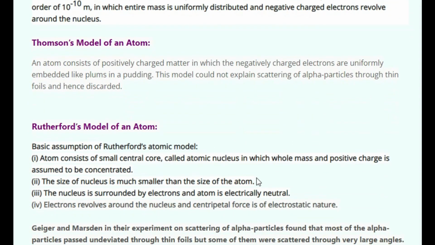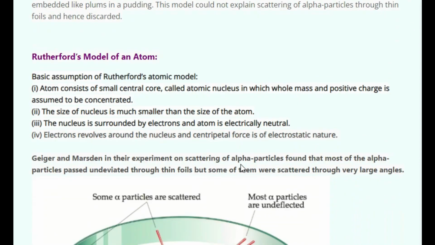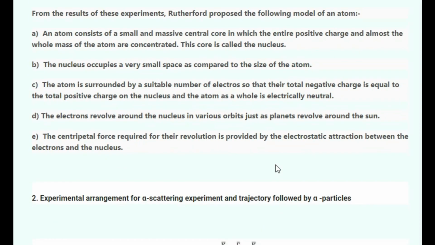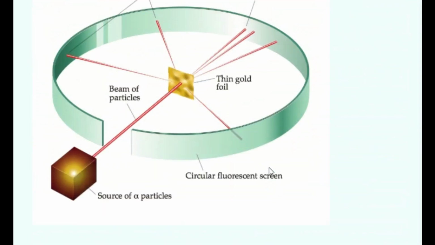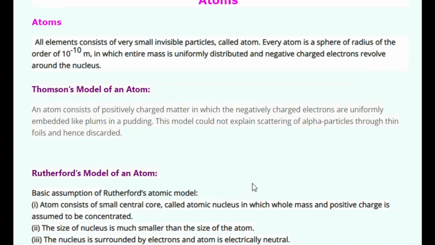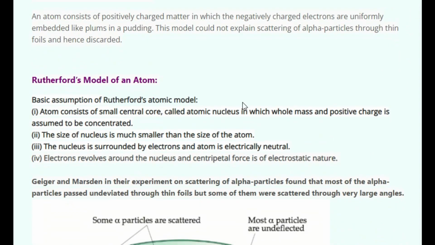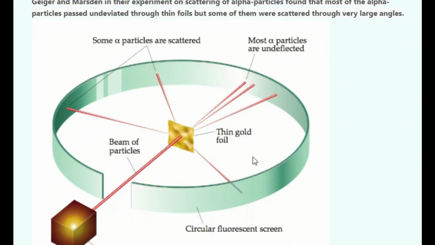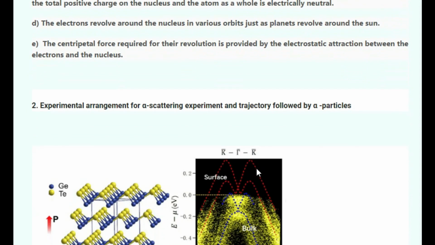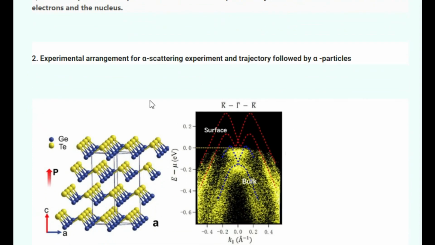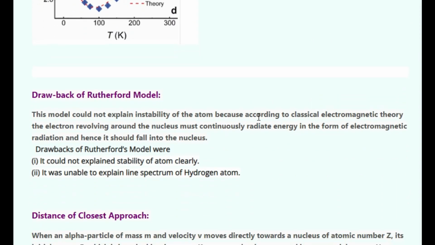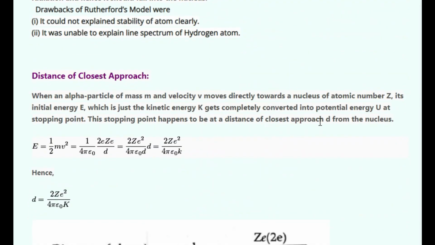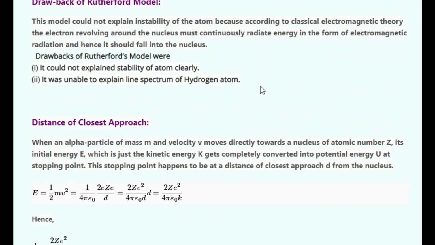like Thomson's model of atom, Rutherford's model of atom, and Bohr's model of atom. Also we are going to go through Rutherford's atom model and the basic assumptions that make it, and what were the experiments that led him to reach such inferences, and what were Rutherford's experimental arrangements, what were the drawbacks of the model,